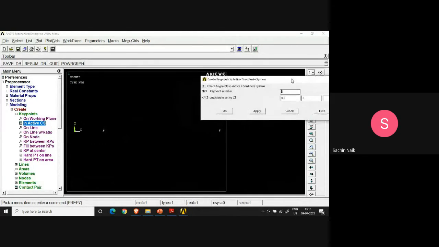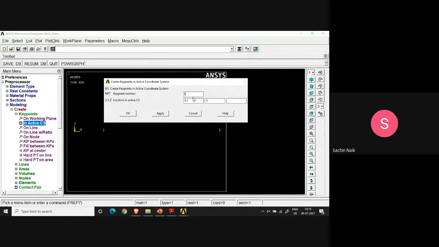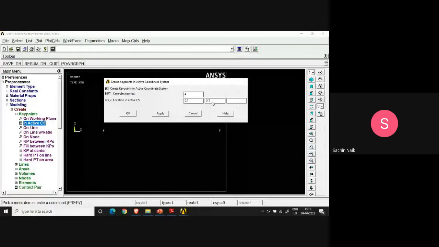You can see the points are being created in the active coordinate system. The fourth point is going to go up. You are going above, up along the edge, a certain distance above it. Say that distance is also 0.1. You see the distance is taken as 0.1, and for the fourth point, y has increased to 0.1 as I said. So let me write it there. It is 0.1. And I ask it to apply.